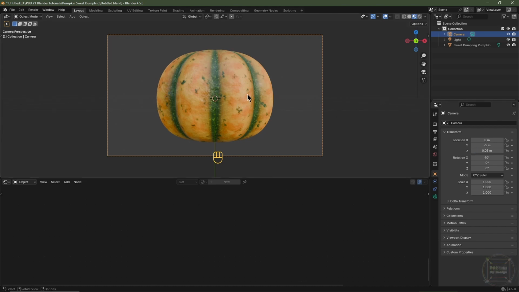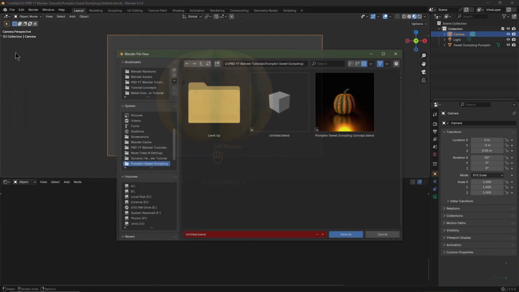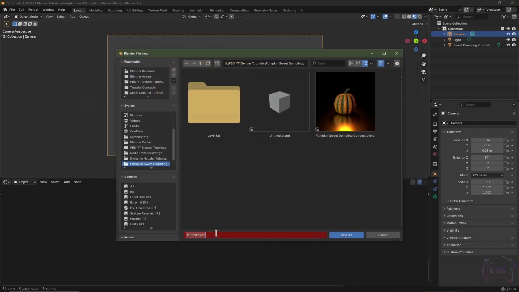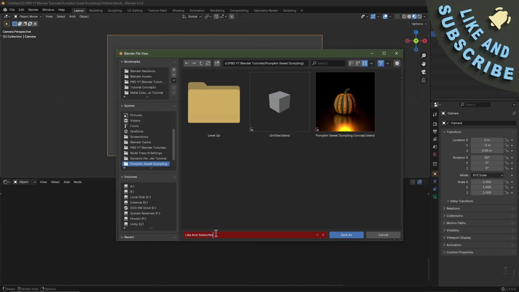For the final result, this will be rendered in Cycles. Before we move on, it's a good idea to save the project. So I'm going to go to File, Save As, and I'm going to save my project as